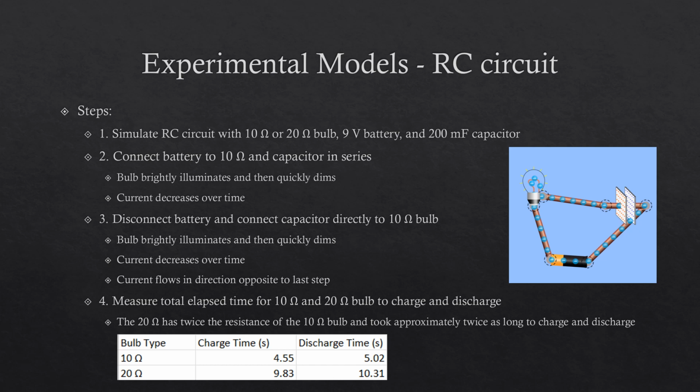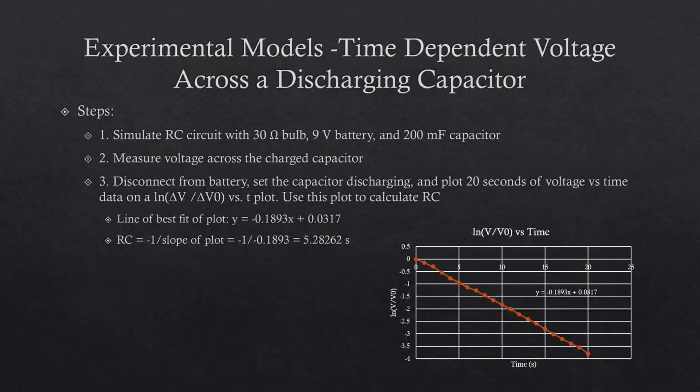I then measured the total elapsed time for the 10 ohm and 20 ohm bulbs to charge and discharge, which is shown in the table below. The 20 ohm bulb had about twice the resistance of the 10 ohm bulb and took approximately twice as long to charge and discharge. For the final part of this experiment, the time-dependent voltage across the discharging capacitor, I simulated an